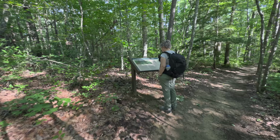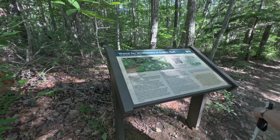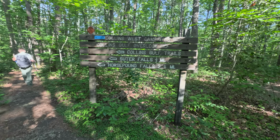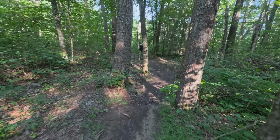Yeah, so far we hadn't really seen anything as far as wildflowers. No, it was probably in between the seasons, but yeah. I forget that this was the southern Cumberland. Here's what we're doing today: Suter Falls and Horsepound Falls. Yeah, I can already hear falling water. I don't know if you can hear it